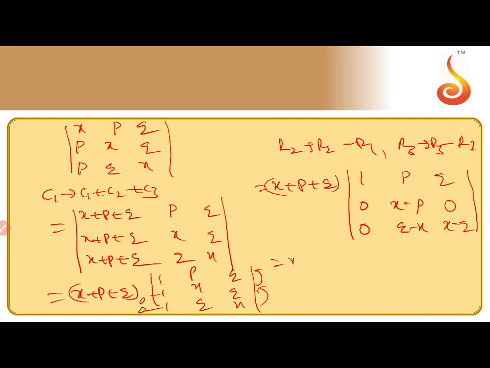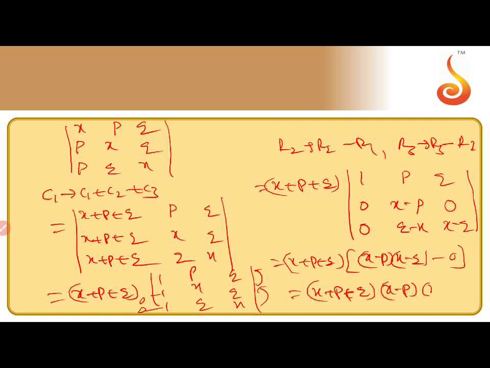So let us solve with x plus p plus q outside. Expand this: 1 into x minus p, x minus q. Next, p into the value 0, q into the value 0, so the remaining portions are 0. That means x plus p plus q, x minus p, x minus q is the answer. When you take the other elements, if you take 1, x minus p, x minus q minus 0, the others p means 0, q means 0. So the answer will be x plus p plus q, x minus p, x minus q. Look at the options. Which option matches this one?